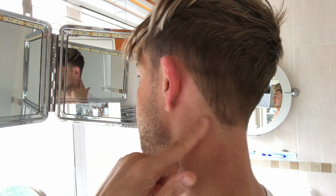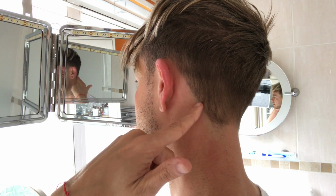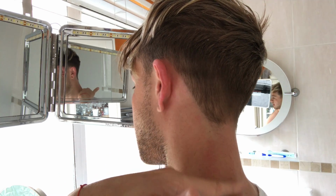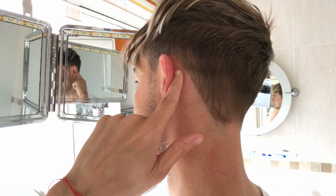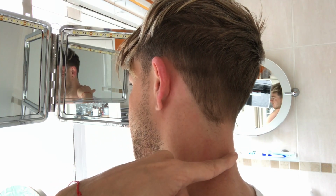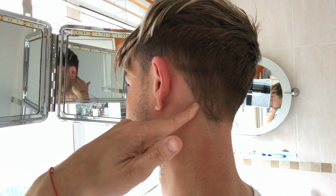So the best way to do this line is to imagine a line that's going straight down and running all the way through my neck like this. And then you just want to follow that imaginary line. You don't want to be cutting at an angle into it. You just want to imagine the line and cut exactly straight, as if there was a ruler going down